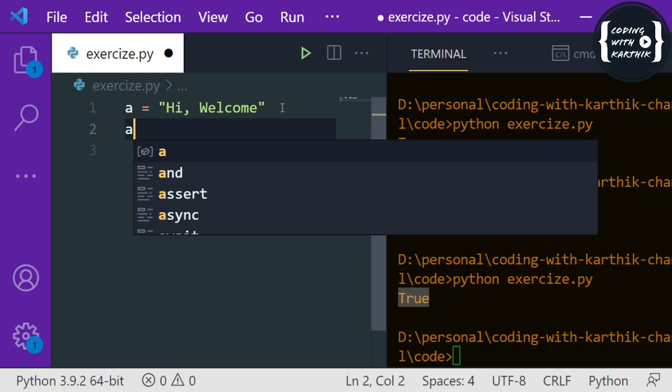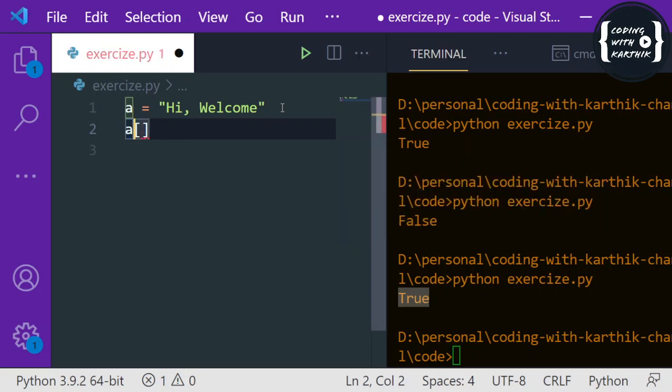So if you want to insert some character after the comma, I can use something like this, where let's say I have to insert at the fourth character.